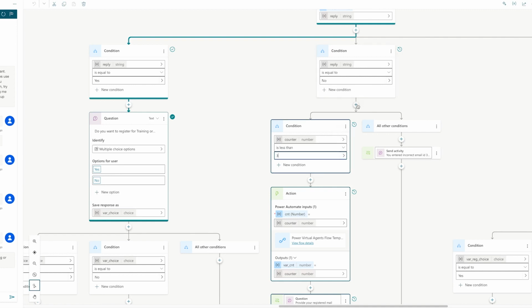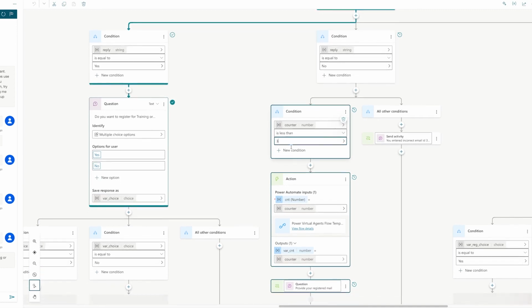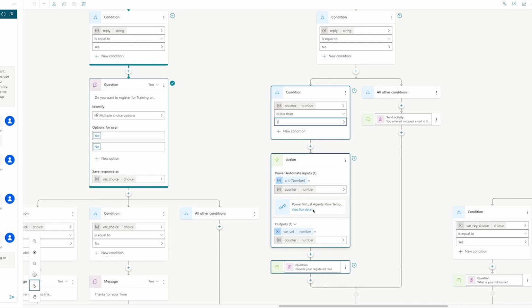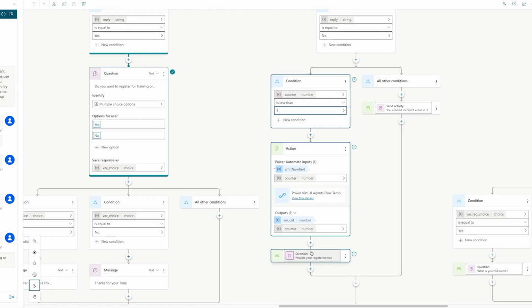So here I have added the condition that if the counter value is less than 3, then I need to add an action. Okay, so how can you add an action? Action means here we are designing our flow, and let's say here I am giving the counter value 0 to the flow, and then this flow will increment the counter value.